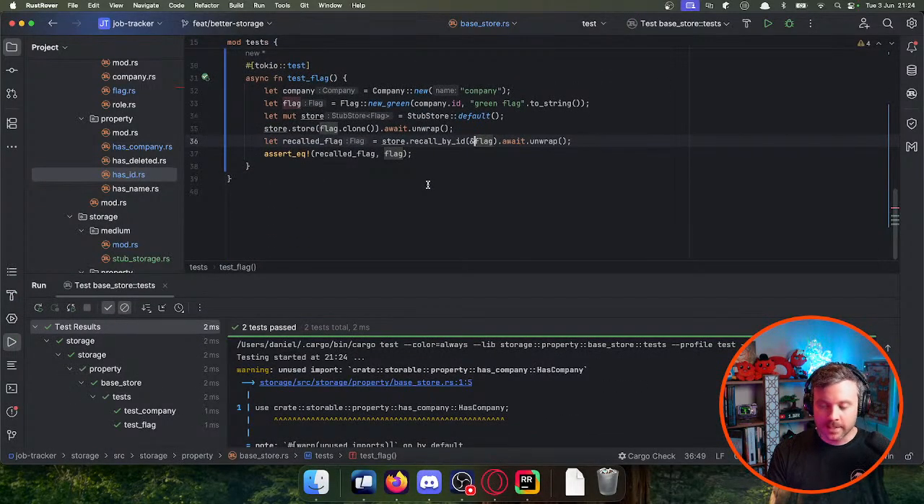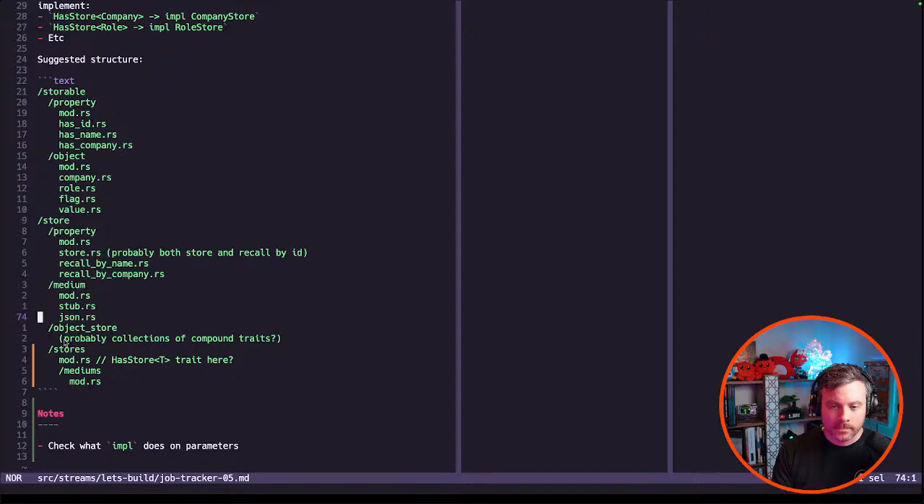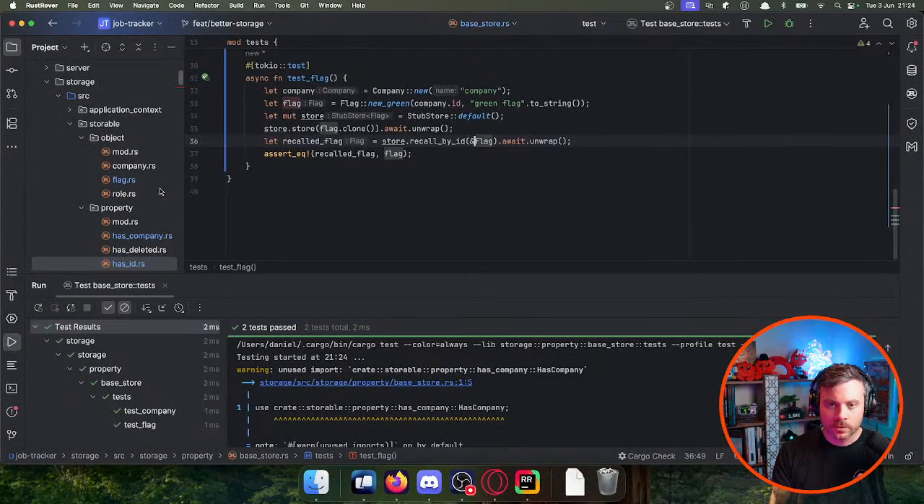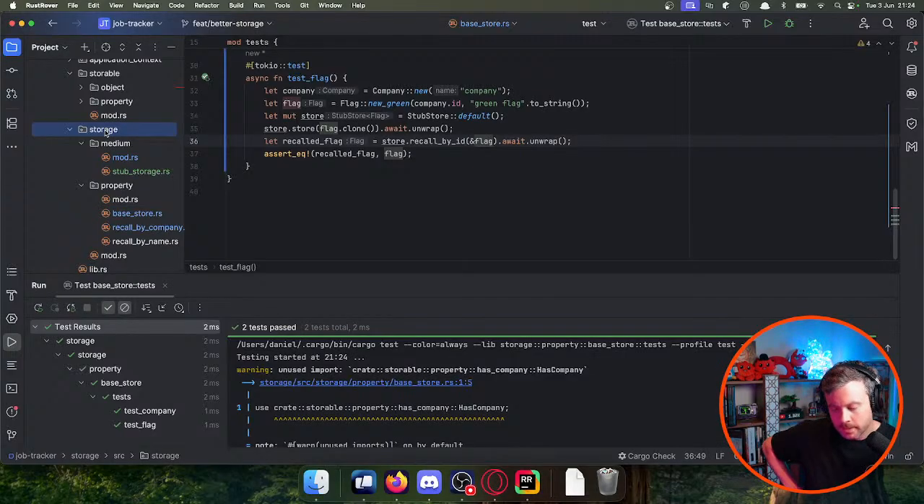So that's the easy bit out of the way. I now have 36 minutes to do the hard bit. I'm not going to do JSON store for now. I probably do need object store. I might need object store. I think I do need object store. The reason is that